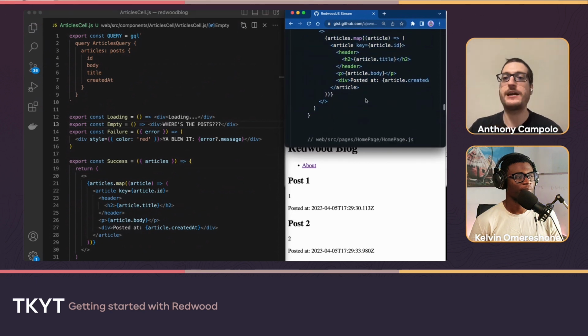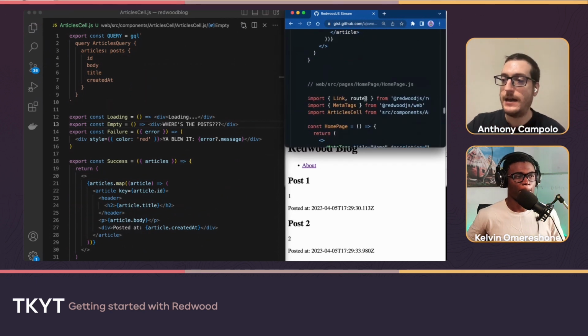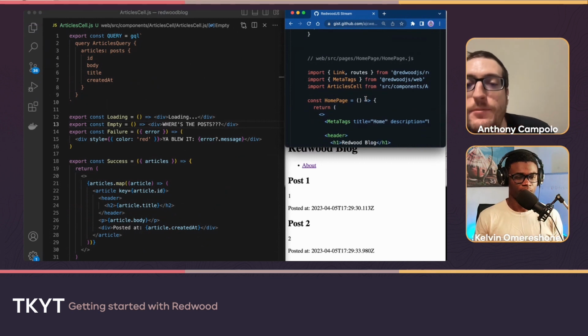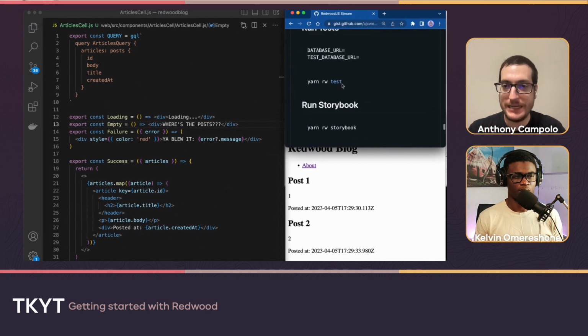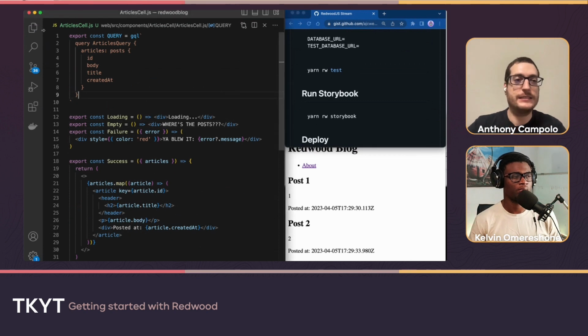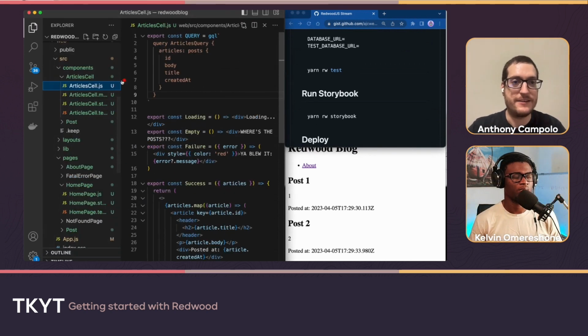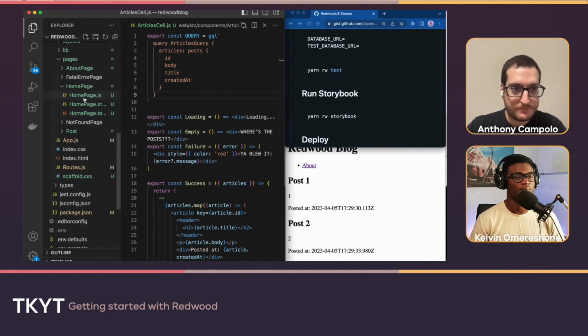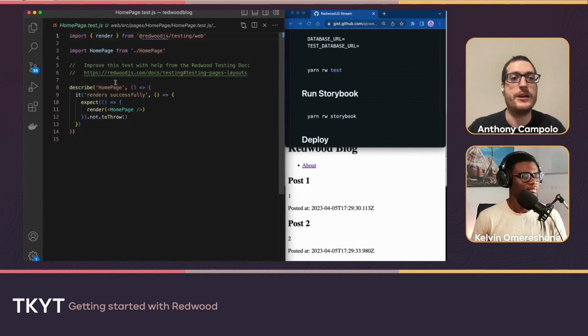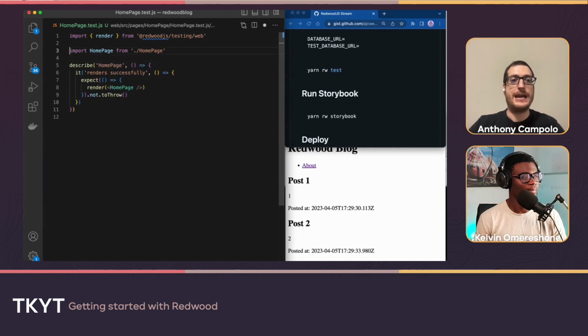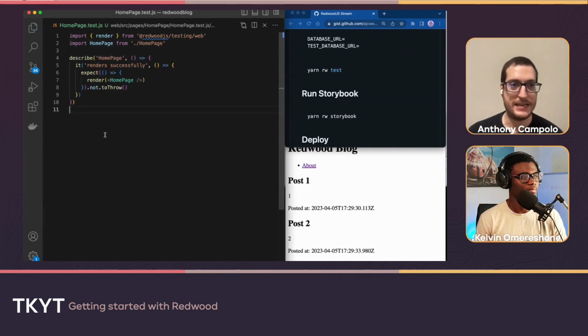Okay, so this is our end-to-end project now. To get a little bit into the testing stuff, let's take a look at some of the test files that have been generated already. If we look at our home page here, we can see that we have the basic test. The stuff we're using under the hood is mostly standard React Testing Library. We have Cypress in here, and basically any basic tests you want to do.